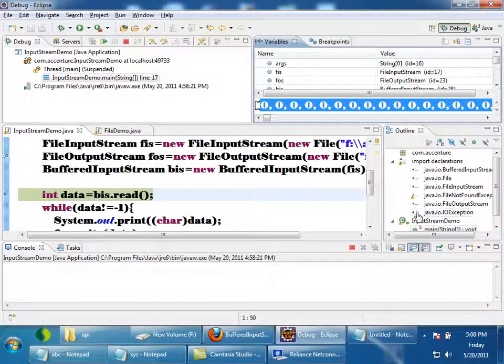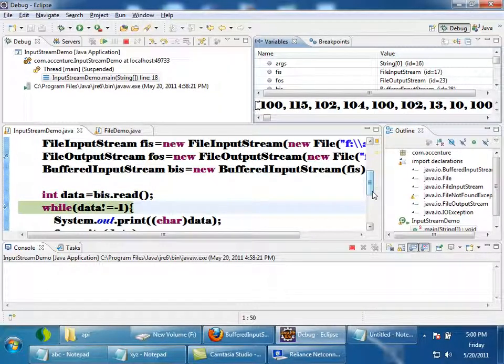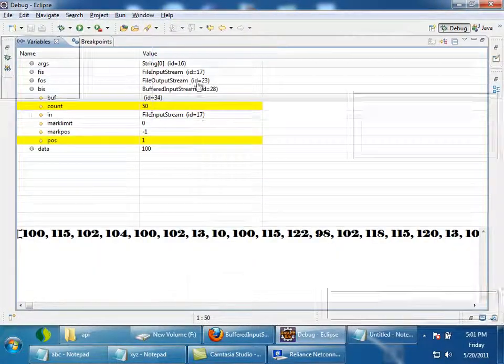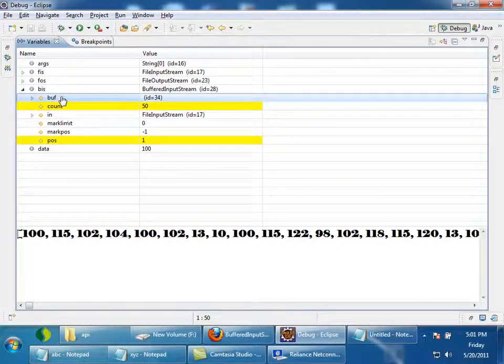Okay. Now the control is here. Is this statement executed? No, it didn't go to the file and read. Now I'll press F6. So it has read from the file. How many bytes? It will try to read 8 KB, but my file size is so small. See here, again I am clicking on this buffer, buff.